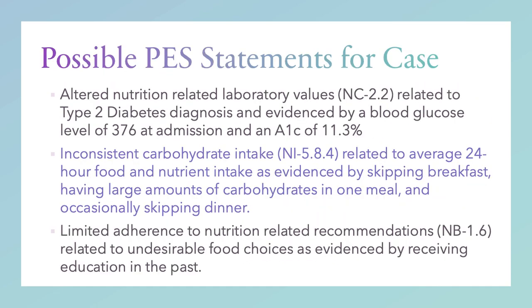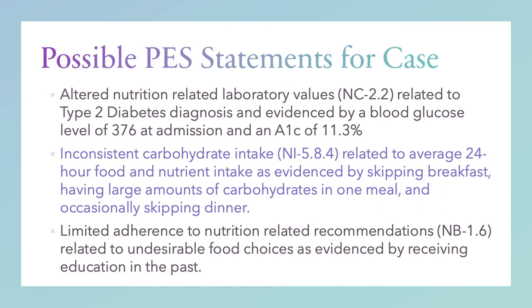I took the liberty of choosing 3 potential PES statements for the case study. The first possible PES statement is altered nutrition-related laboratory values related to type 2 diabetes diagnosis and evidenced by a blood glucose level of 376 at admission and an A1C of 11.3. This PES statement comes from the clinical domain of the